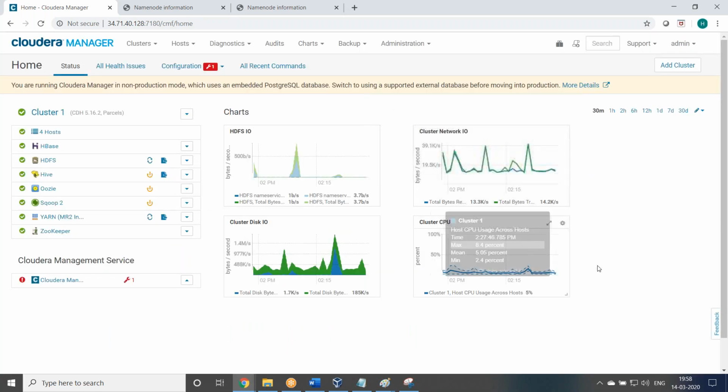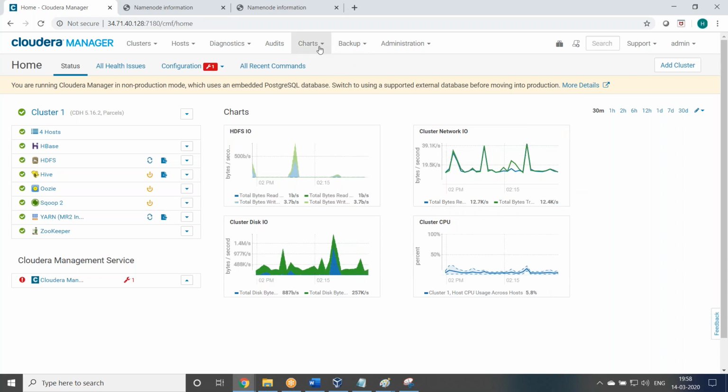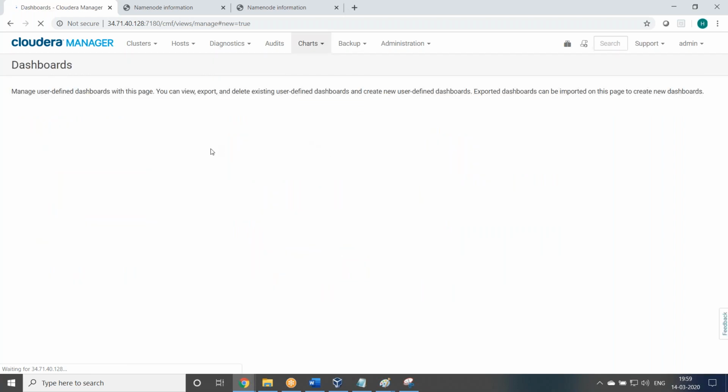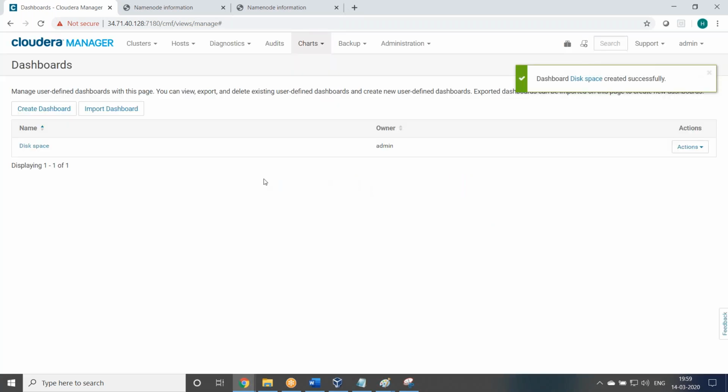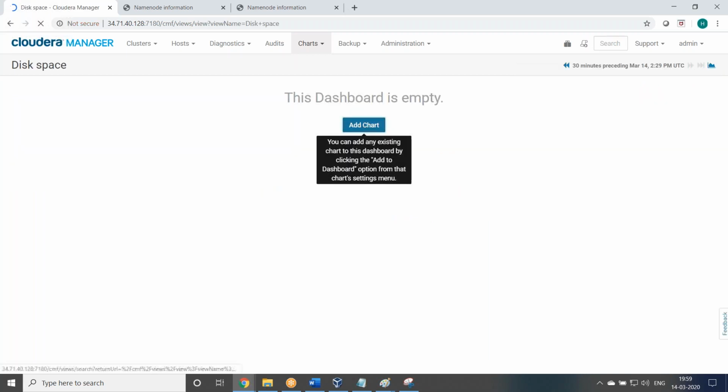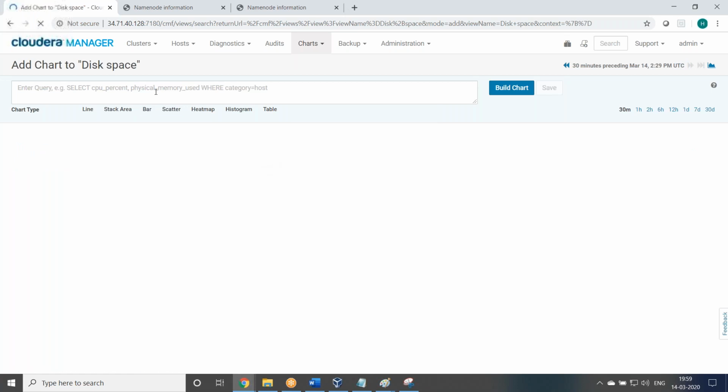You can create a table, you can create charts and builders. You can create a chart. So create a dashboard, disk space. You can create a disk space option, and you can import, you can add a chart. What do you want to add?